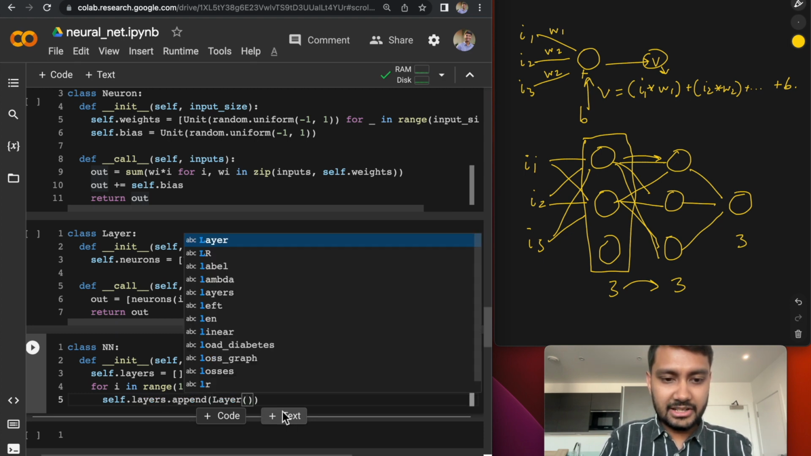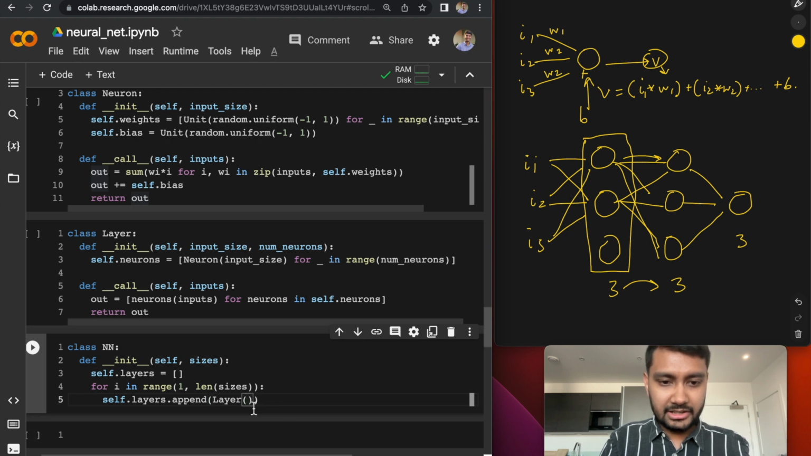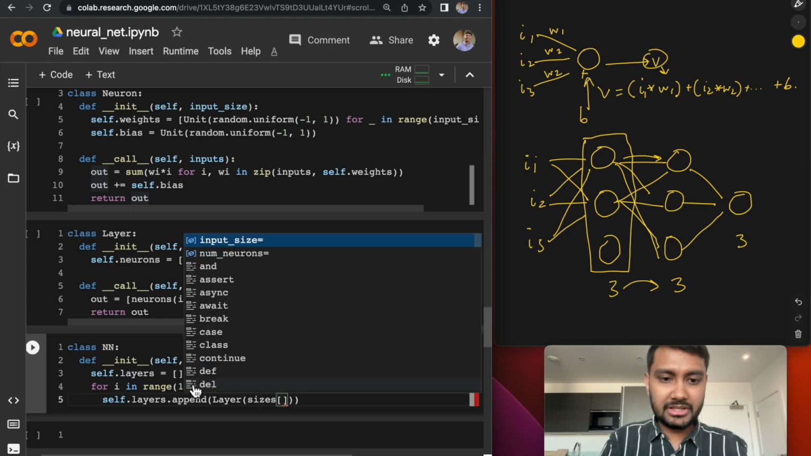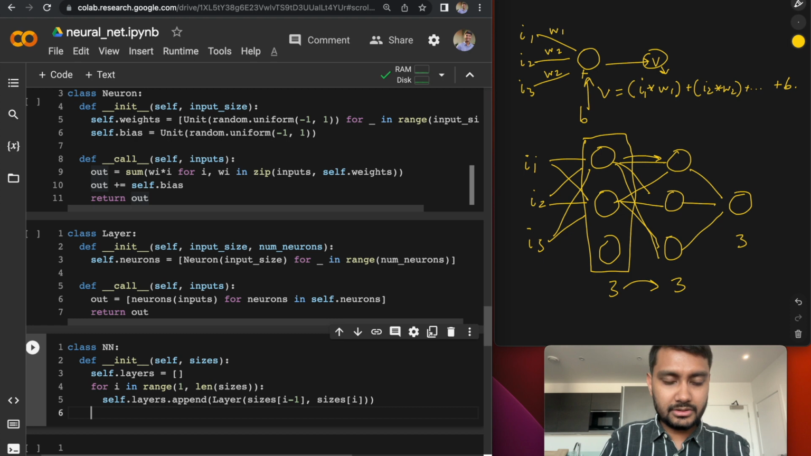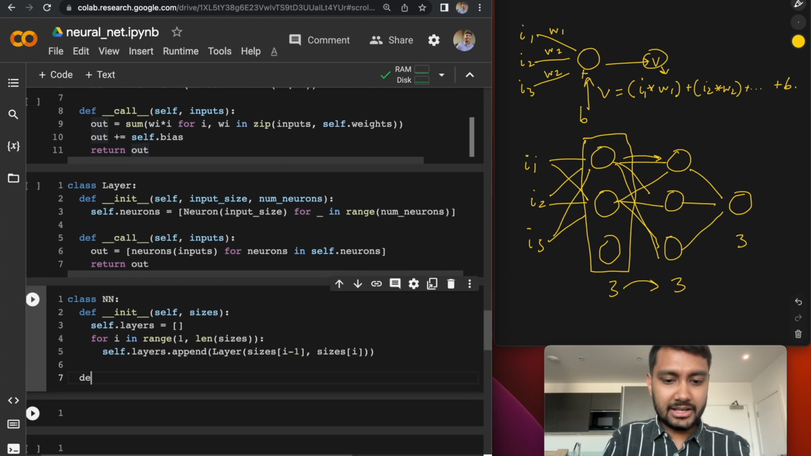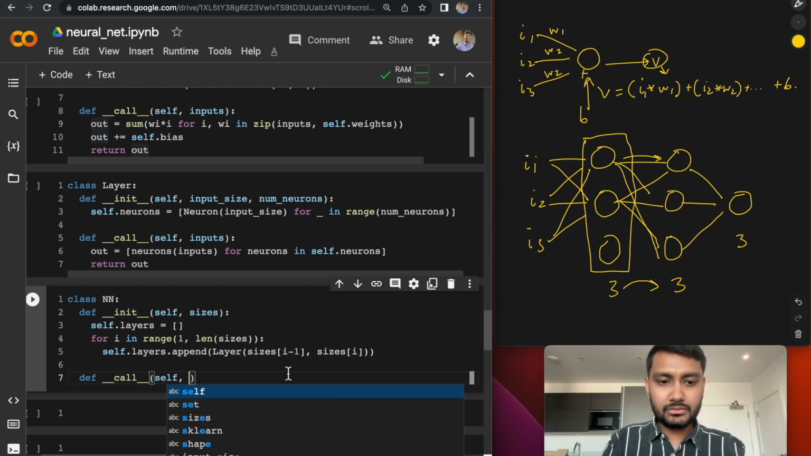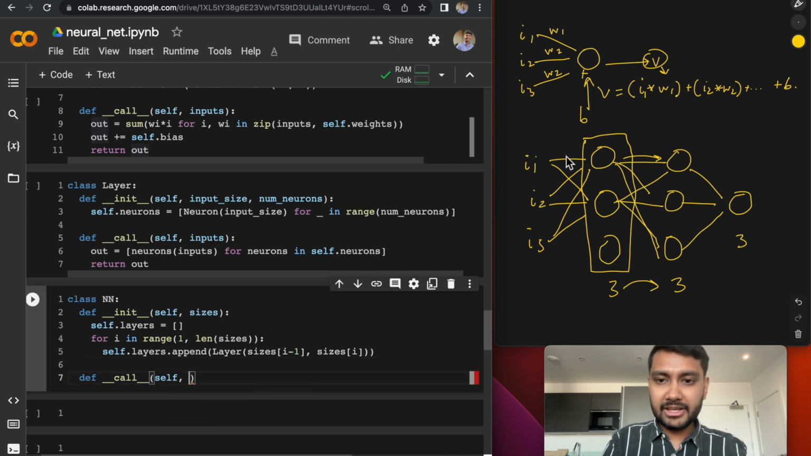So let's define a layer. For this particular layer, the size of input is nothing but the output of the previous step, so that is I minus 1, and input number of neurons is nothing but the current size. So that's our layer, and when somebody calls our neural network, we need to compute the output by going through